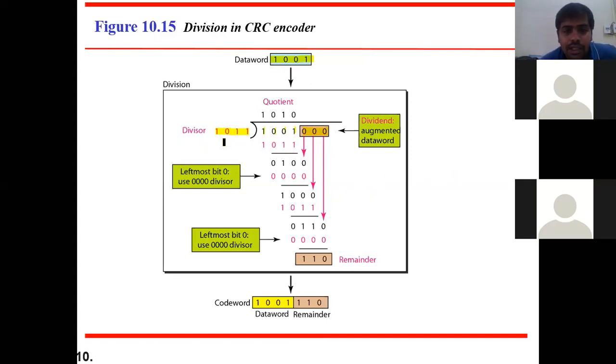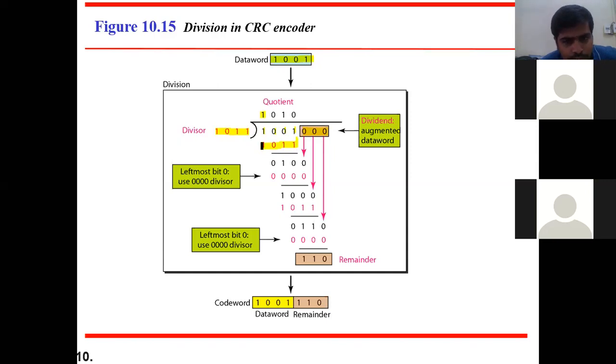Then after that, now you need to do the division operation. That is the modulo 2 arithmetic operation you need to do. I hope everybody knows how to do the modulo 2 arithmetic operations. So 1011. Always you need to check the first bit, so you should match with this. If the first bit is 1, then here also you should take the 1. 1011 into 1, then the exact same will come here. 1011, whatever the divisor bits, because 1 means you are matching to the first bit. 1011, you keep this. Then do the modulo arithmetic operation here.